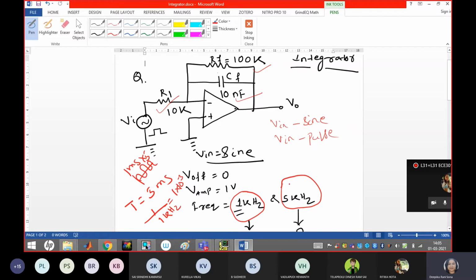But now when the frequency is 5 kilohertz, what should be the time period? 1 by 5 is 0.2 millisecond. Yes, 0.2 millisecond into 5 times, how much will it be? 1 millisecond. Or 10 millisecond, that you have to try. If you give 1 millisecond, ma'am, it will run quickly.